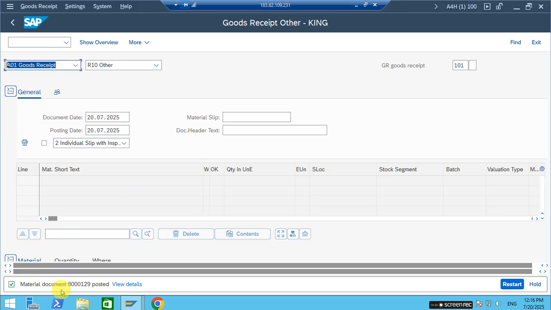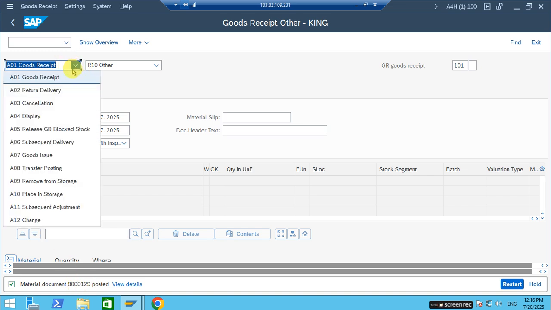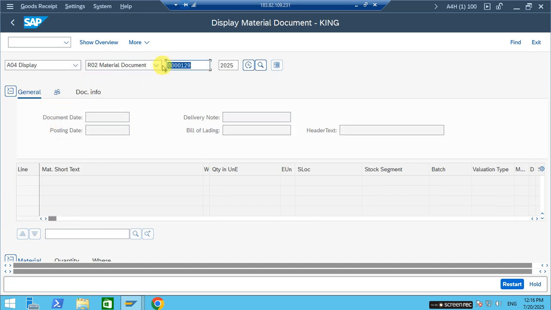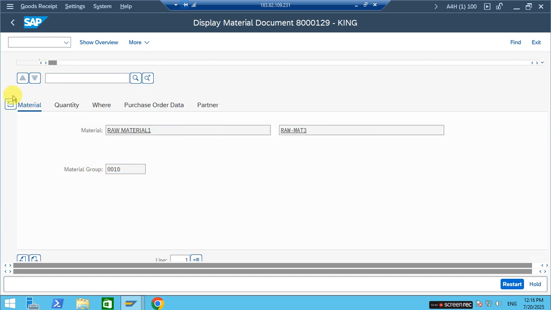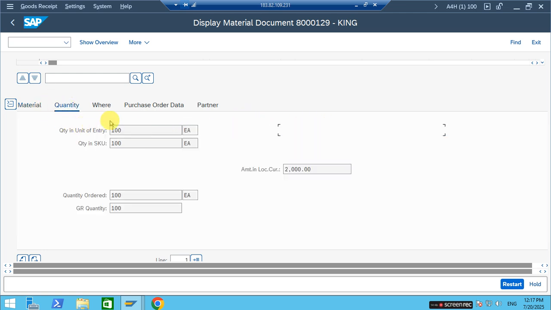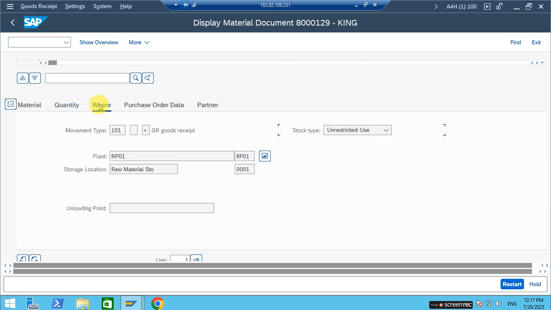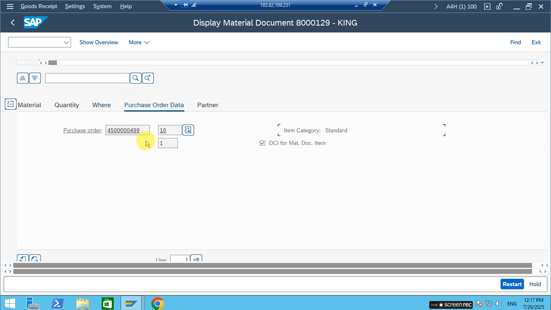What document has been created? 8000129. So if you go to action, select display material document, press enter. In the material data tab, we can see this is our material which we entered, then quantity 100 we entered. If we go to the where tab, here you can see movement type 101, and here it is showing the purchase order data tab, right. So it means